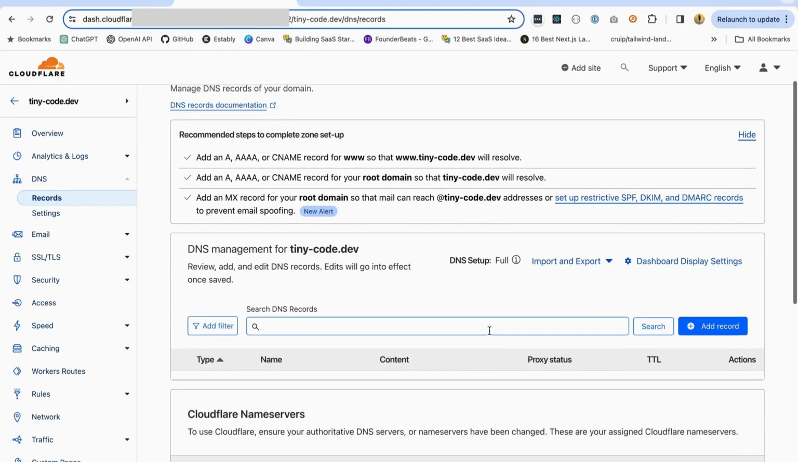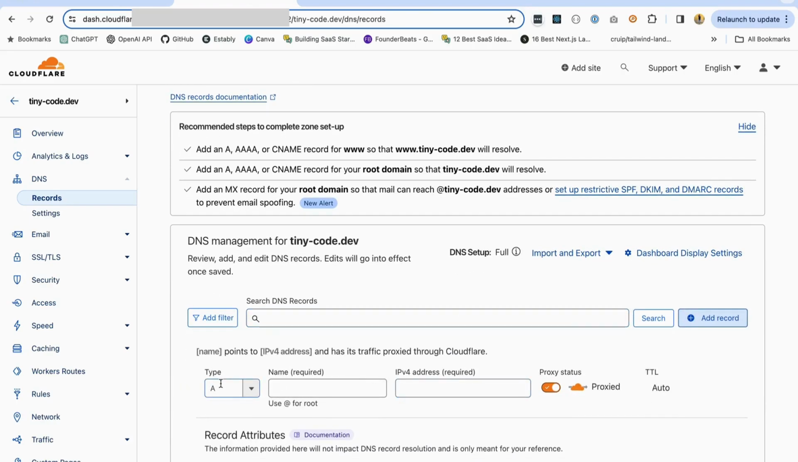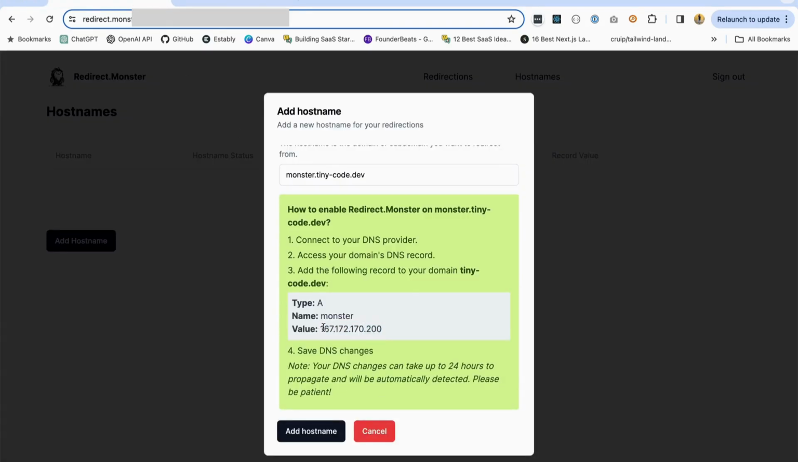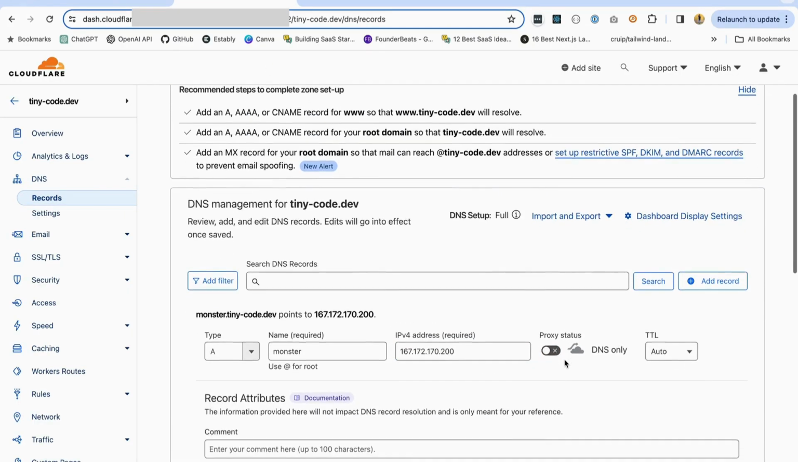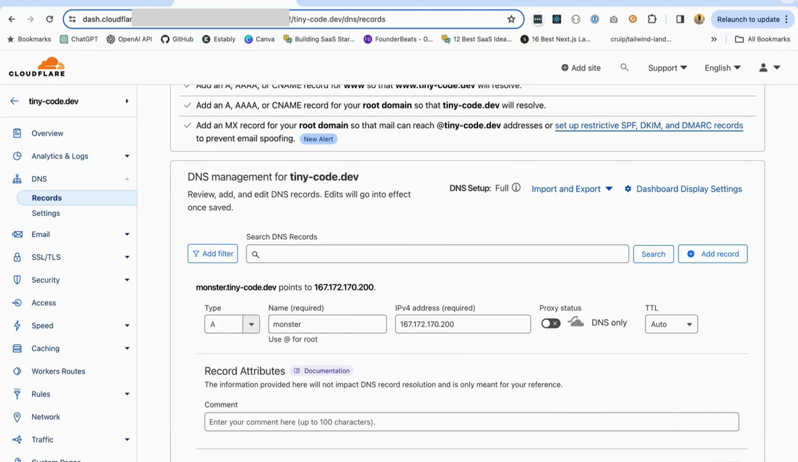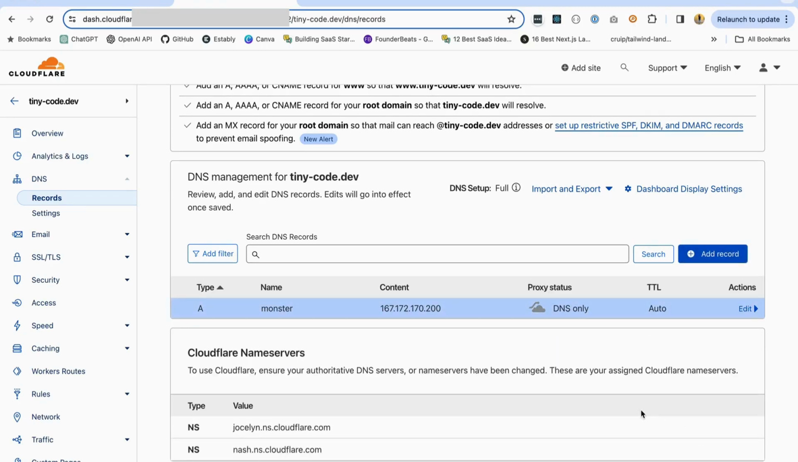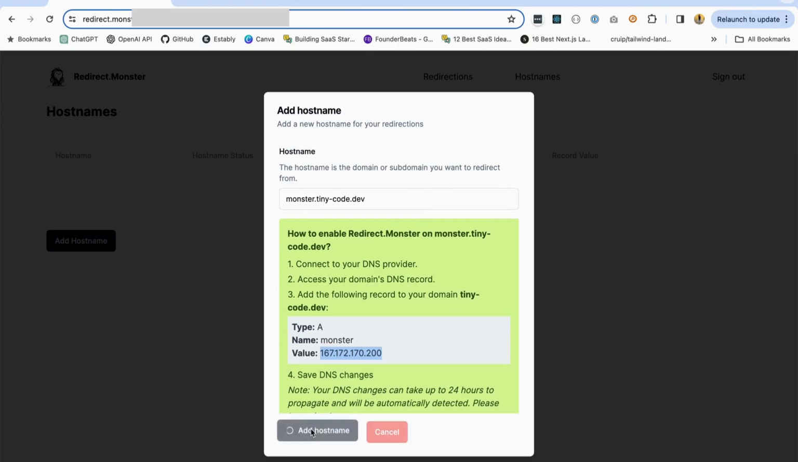So here on Cloudflare, but basically it works like with any other registrar pretty easily. You add a record of type A, it's already selected here. I take monster as a name, and then I add the IP address of Redirect.Monster, remove the proxy status, and let's save it. So now this is activated. I already did that. So now, if I just add the host name, basically,